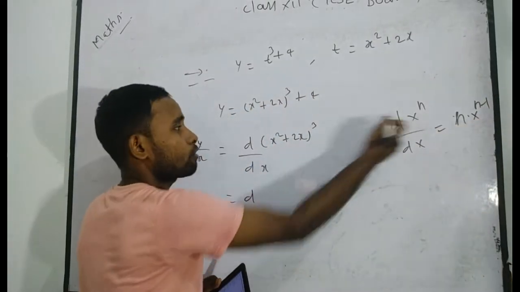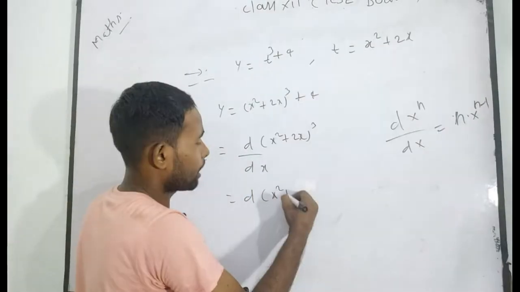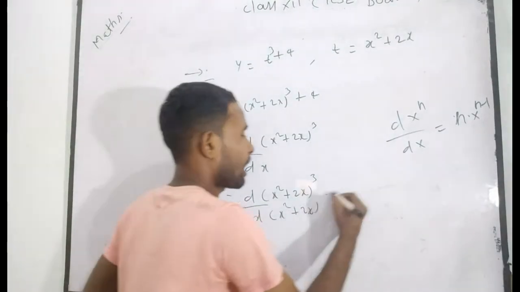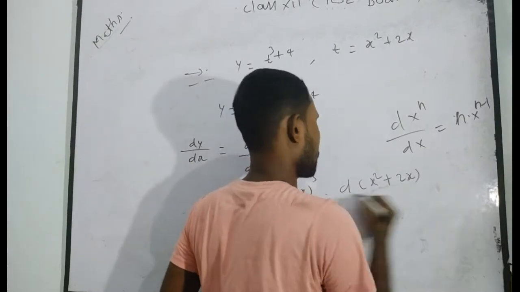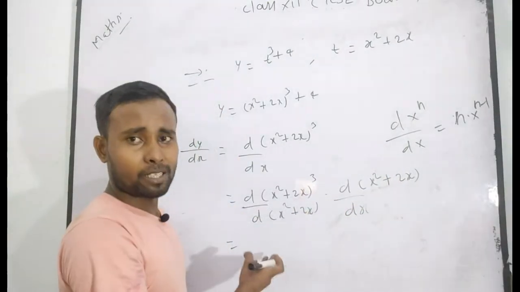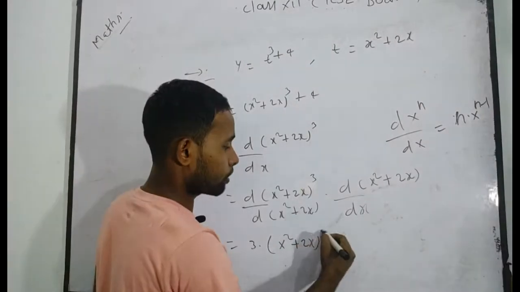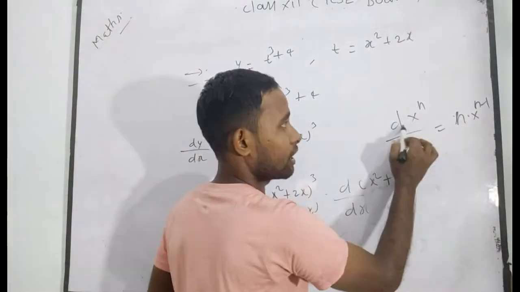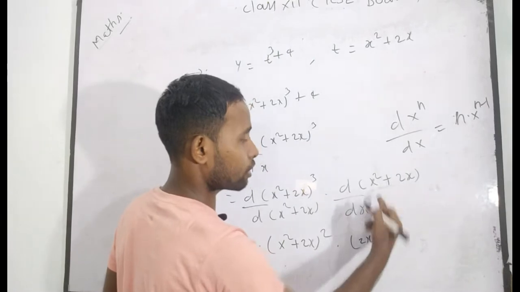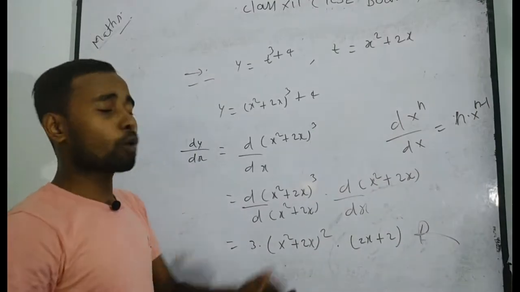So first of all, in place of x, there is given x square plus 2x. Now I want to write here the derivative of (x square plus 2x) whole cube with respect to x square plus 2x firstly. Now again you have to differentiate x square plus 2x with respect to x. If you say this is a capital X cube, after differentiating with respect to capital X, you will get 3 times (x square plus 2x) whole to the power 3 minus 1, which will be 2, n into x to the power n minus 1, into the derivative of this function with respect to x. The derivative of x square will be 2x, and the derivative of 2x will be 2, which is your correct answer. This is not relevant to parametric function.